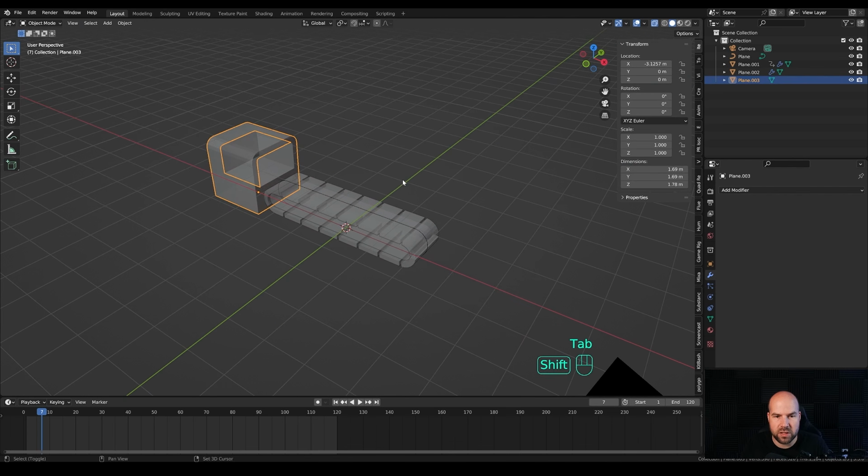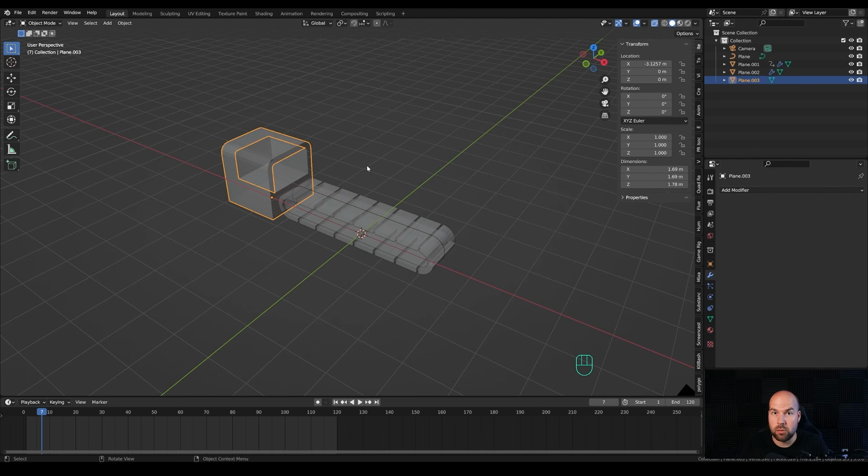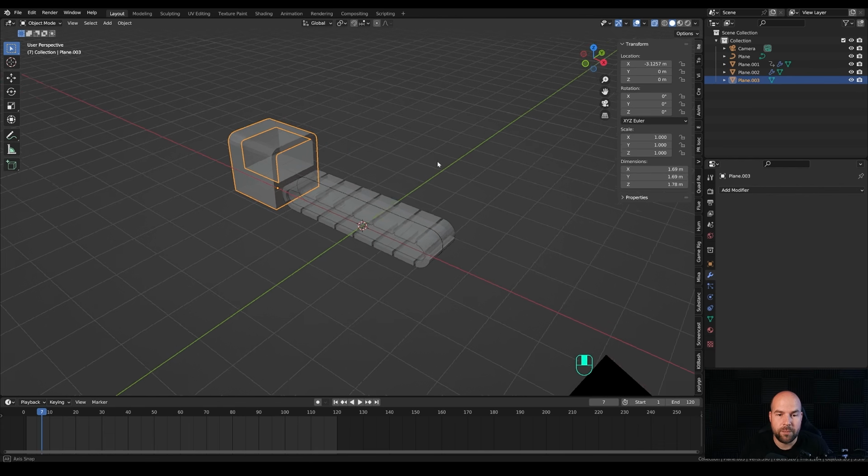So this is the base for our scene. Now, of course, you can create a lot of supporting structure, like legs for the conveyor belt and stuff like that. I don't want to bother with that right now. I just want to guide you through this animation to get some basic working result, and then you can polish your scene on your own. You have all the other tutorials you can check out in my playlist. You will see the link in the description. There are a lot of tutorials that will help you with modeling and with lighting and stuff like that. So this is purely focused on this animation and the modeling.